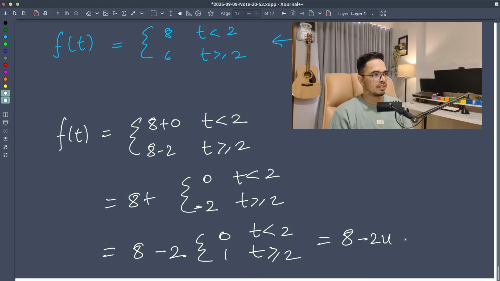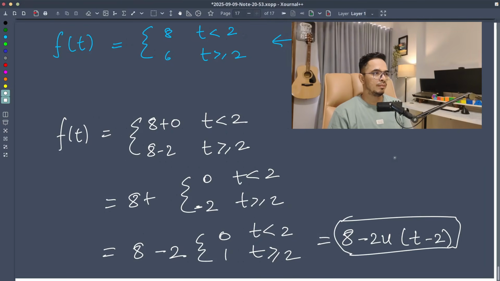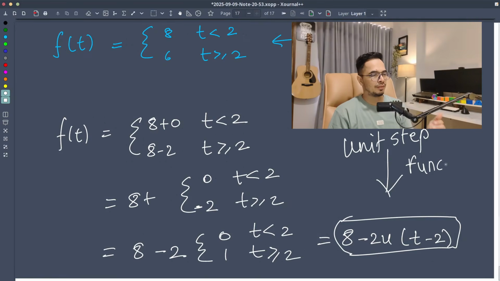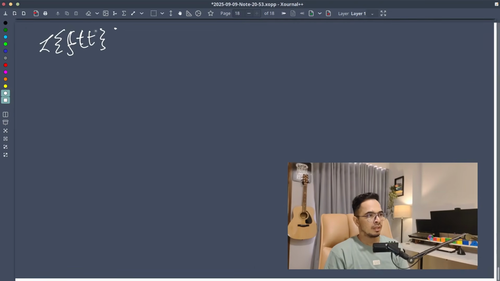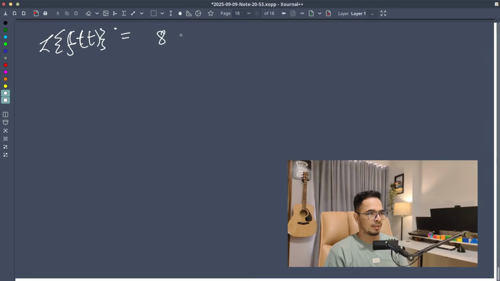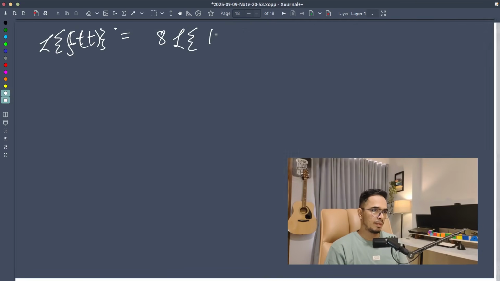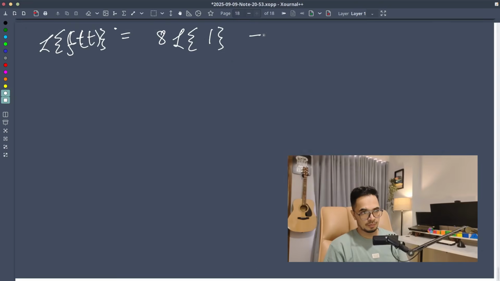How do we find its Laplace transform? It's very straightforward. For the Laplace transform of f of t, we know the property of linearity, so we can apply it over our function. So 8 into the Laplace transform of 1 minus 2 into the Laplace transform of u of t minus 2. The Laplace transform of 1 is simply 1 by s, and the Laplace transform of u of t minus 2,